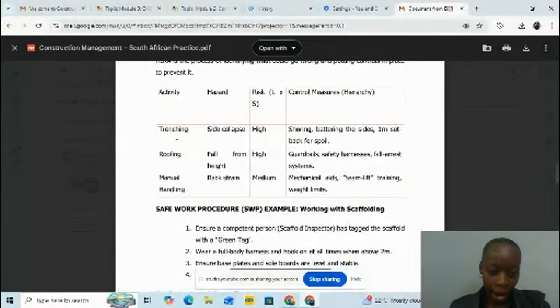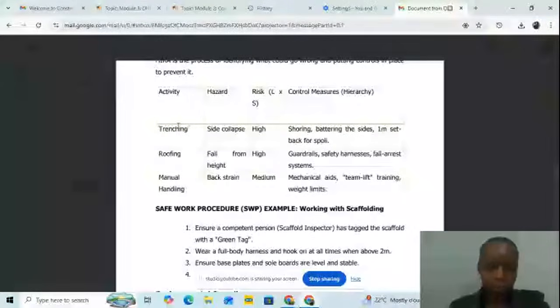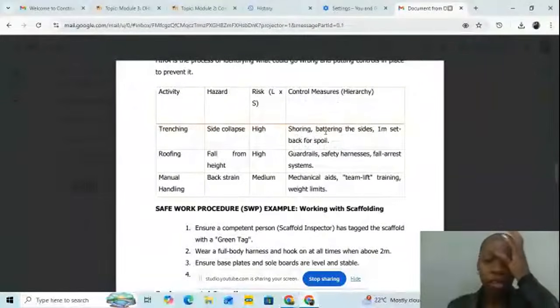Here the activity is trenching. When you are trenching, what is the hazard? It's site collapse. The risk, is it high or low? It's high risk. The control measures used: shoring, battering the sides,